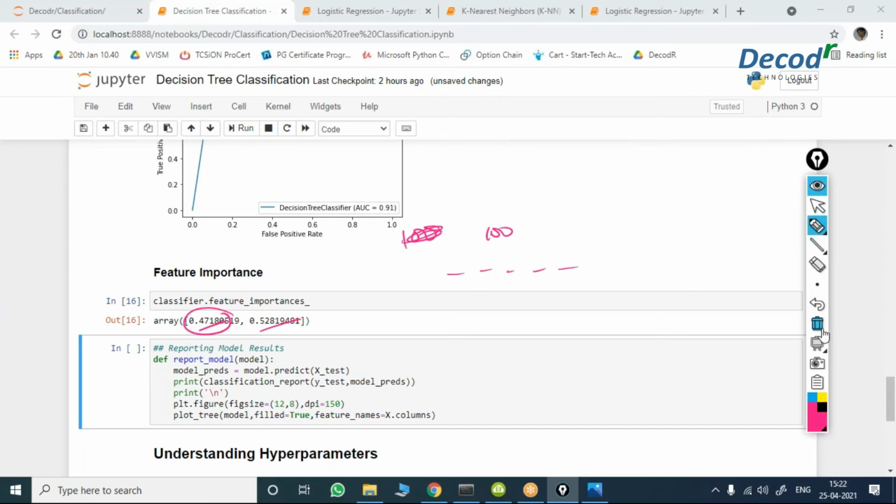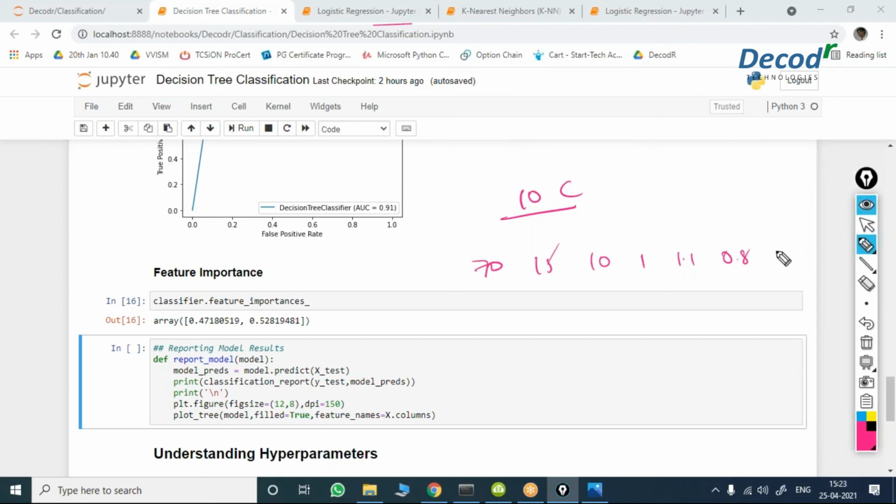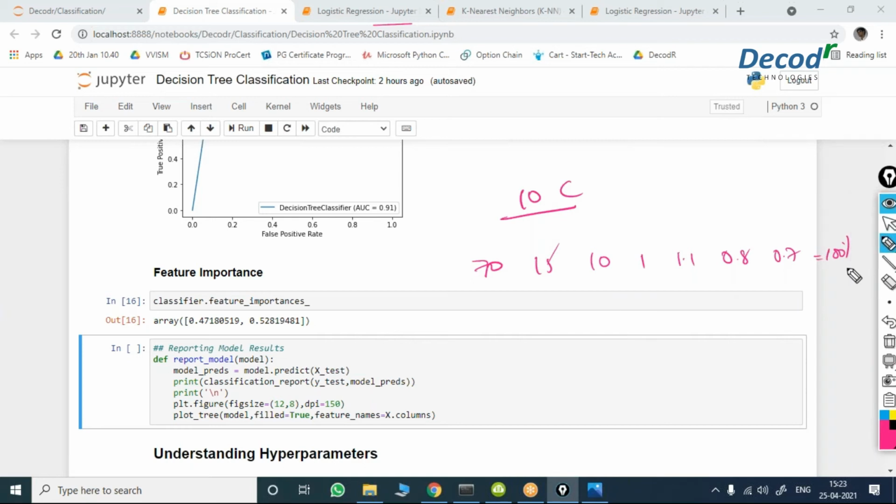Take a simple example: with 10 columns, the first has a contribution of 70%, the second 15%, the third 10%, the fourth 1%, the fifth 1.1, the sixth 0.8, the next 0.7, and so on. If you add all 10 features, the total is 100. So it gives each column's percentage of contribution to the output.